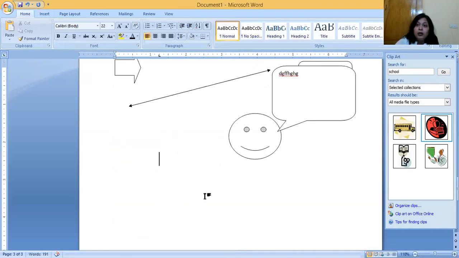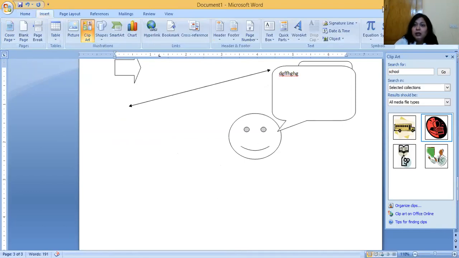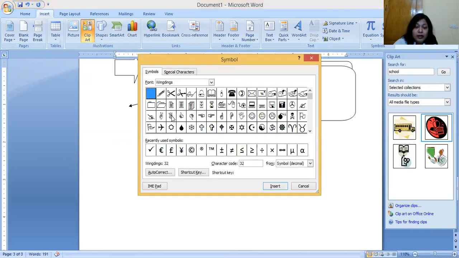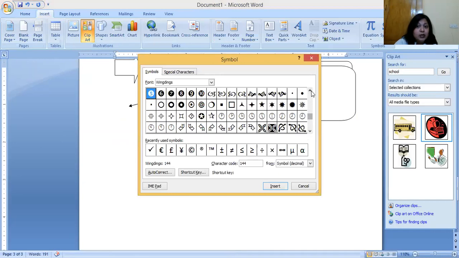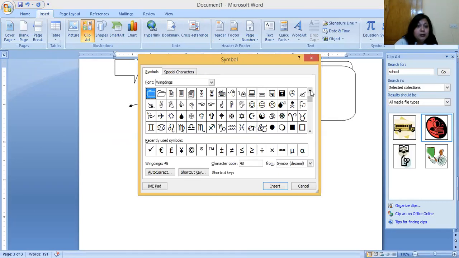Then besides shapes, sometimes we are required to type some symbols which are not there on our keyboard. Like I want to put a sign which is not there on my keyboard. For that, I'll go to Insert and click on Symbols, and then click on More Symbols. Now here we will find various symbols, as we use various symbols on WhatsApp, right? While typing, we use various emoticons, or symbols like thumbs up, thumbs down, arrows, and smileys. So these are symbols that we can use which are not there on the keyboard.